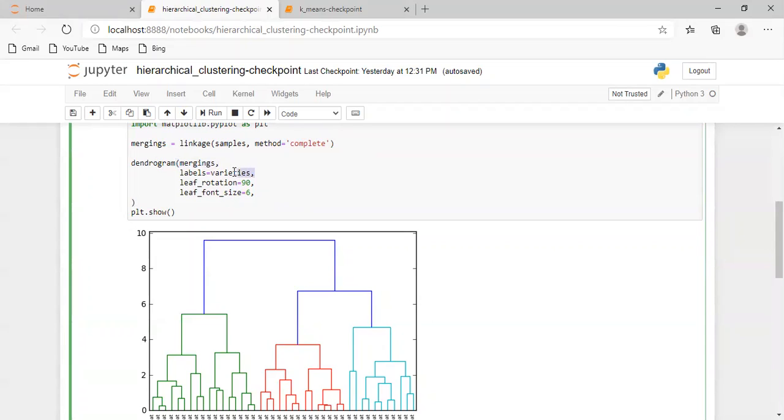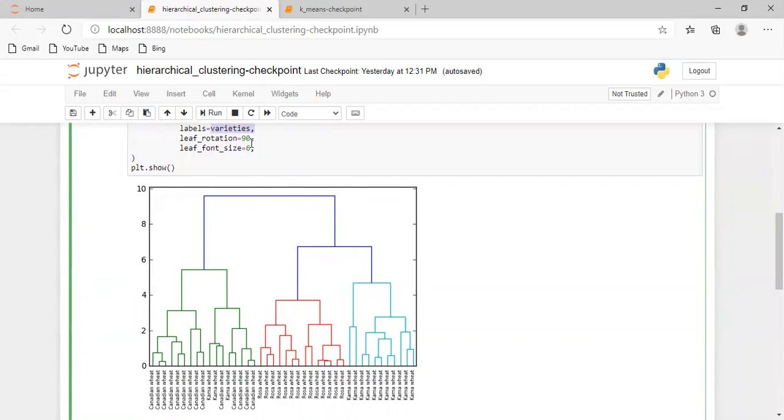Labels, that is different varieties, are assigned to labels, and leaf rotation is set to 90 degrees and leaf font size is set to 6. If you want, you can change it to 60 degrees. Then there will be a little slant in the dendrogram display.